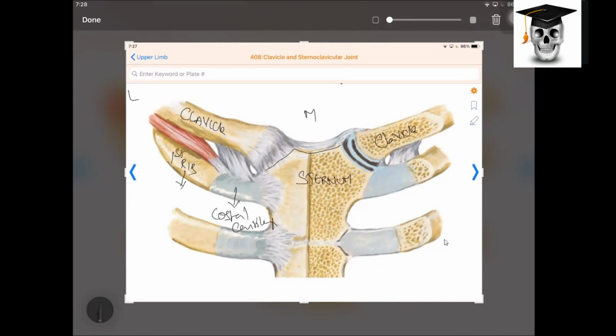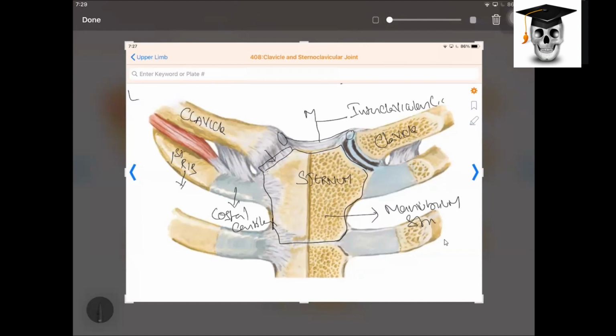Now you see, this entire thing which I am drawing now, this part of the sternum is called manubrium sterni. So to the upper part of the manubrium sterni, your clavicle is attached. That is called the sternoclavicular joint, right? Now you see this piece, can you see there is another ligament here? This ligament is the interclavicular ligament. We said the upper part is giving attachment to the ligament, so you see that is the upper part.